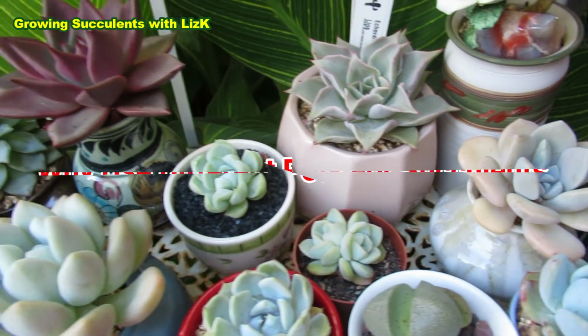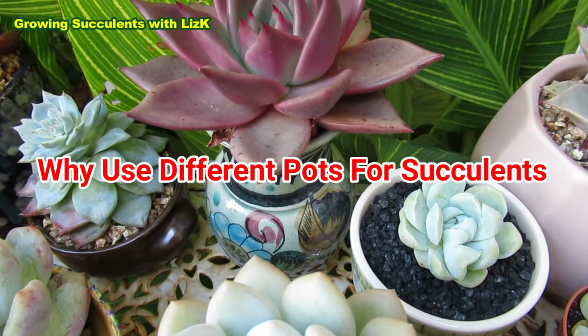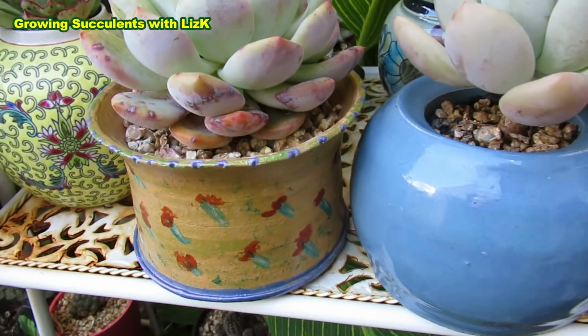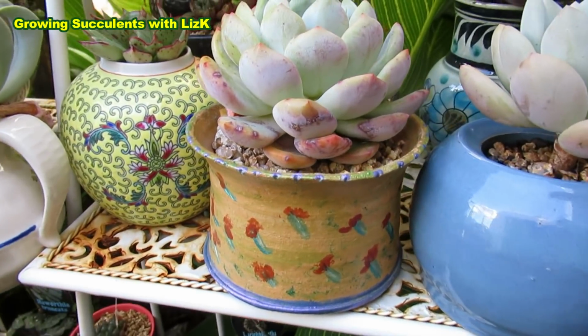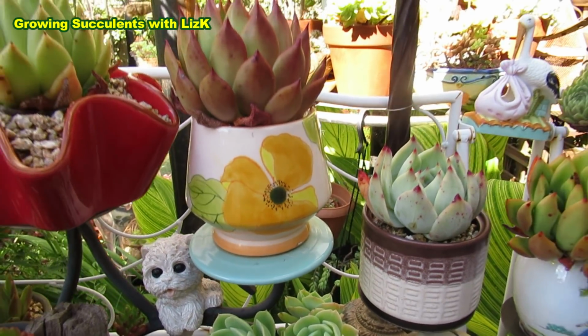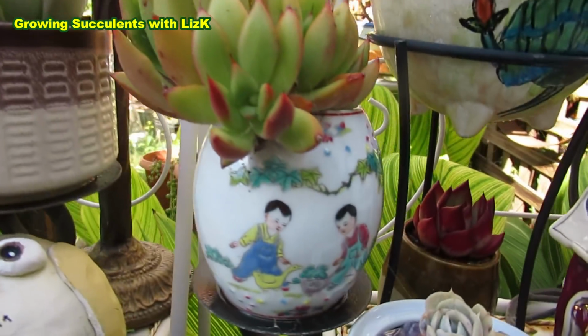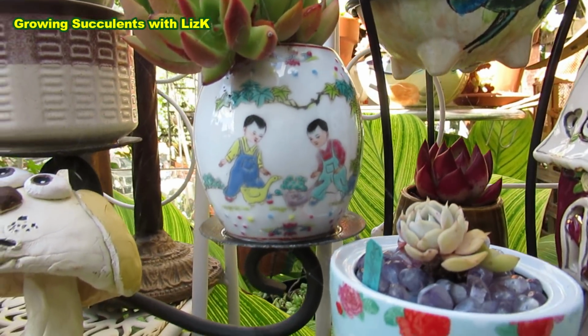In an ideal world, I would just use ceramic pots or pretty pots. It can be any pot as long as it's pretty, and I can put a succulent in it. It can even be a pot made of gemstones. I can put succulents in it if I've got all the money in the world. But